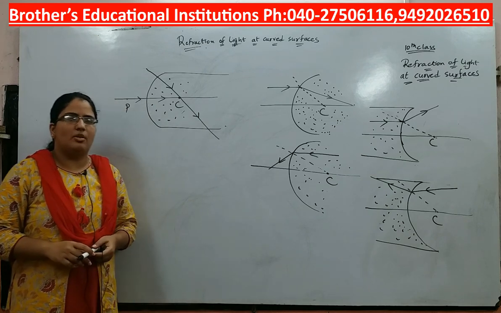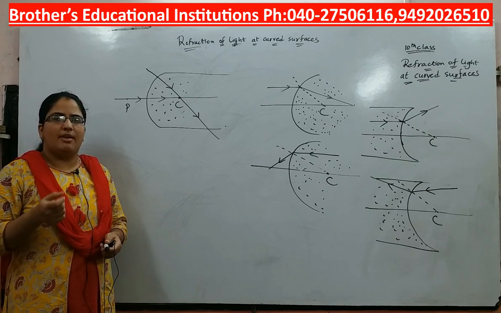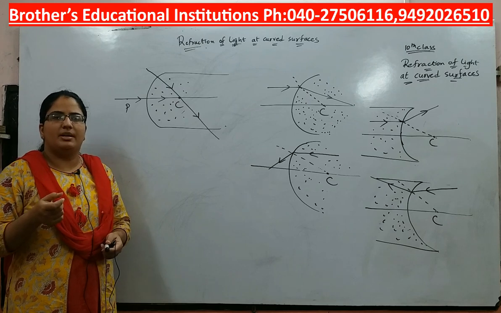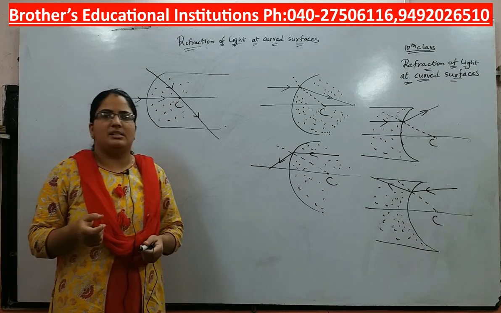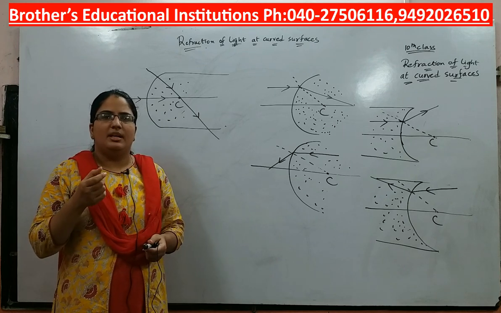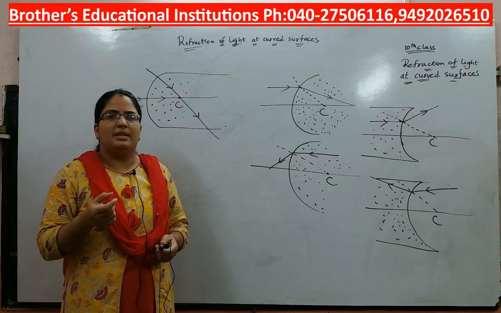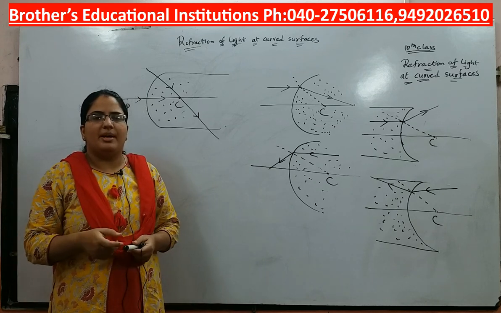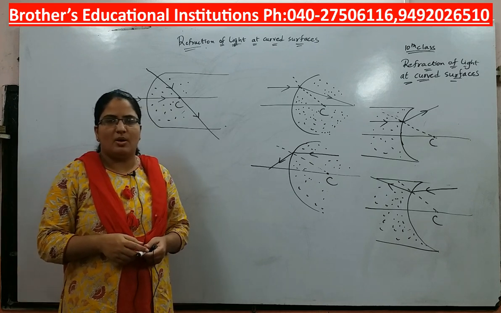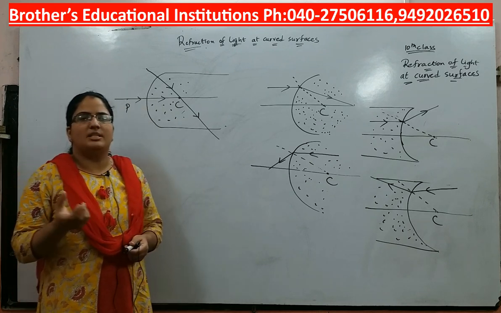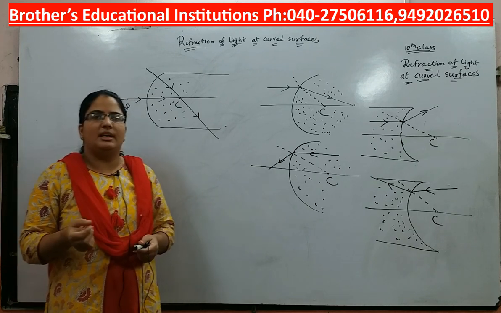Now before going to the topic, have you ever observed the glass which a watch repairer uses? Try to touch it. It will be a magnifying glass. The magnifying glass will be thicker in the middle, thinner at the edge. So he is using some lens while repairing the watch. That lens is called a convex lens. What is it called? Convex lens. You call it a magnifying glass. If you touch it, it will be thicker in the middle and thinner at the edges.